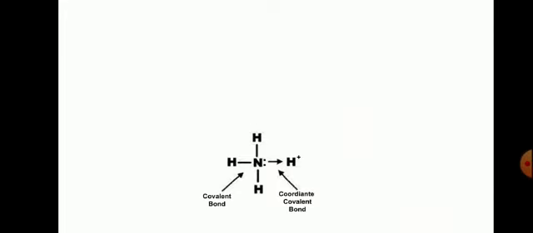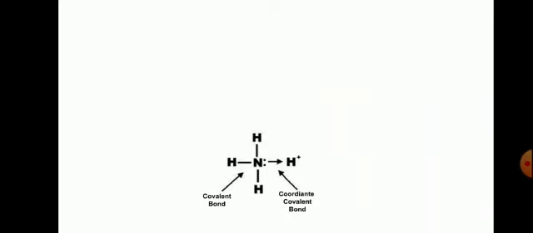Before you understand anything about ligands, you need to understand what a coordinate bond actually is. You can see an example on the screen in which a covalent bond is formed between nitrogen and hydrogen. A covalent bond is nothing but sharing of electrons between two atoms. In this case, nitrogen has donated one of its electrons and hydrogen has donated one of its electrons, forming a covalent bond. But there is also another bond seen between ammonia and H plus.